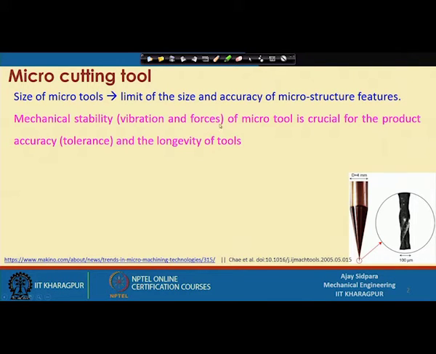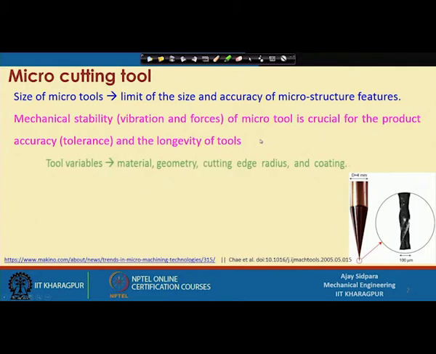Because of the vibration and forces, many times you may get the features, but they are not accurately made or the tolerance is out of the desired level, or sometimes you directly get a broken tool. So these are the two issues we have to address during fabrication of the cutting tool.